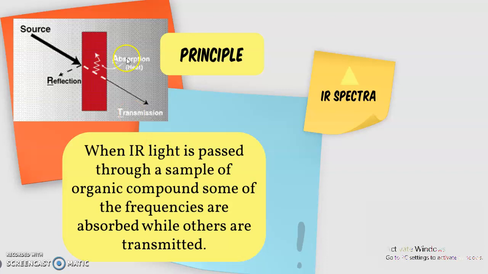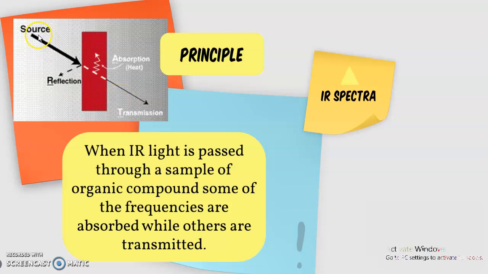You can see a diagram here which shows that when light comes from a source, if the light doesn't pass through the sample but comes out, it's reflection. The light which goes through the sample and comes out without being affected is transmitted light. However, when the light goes through the sample, some of it interacts with the matter, that is the sample, and it absorbs energy from that light, and the remaining is transmitted. So I have reflection, absorption and transmission.